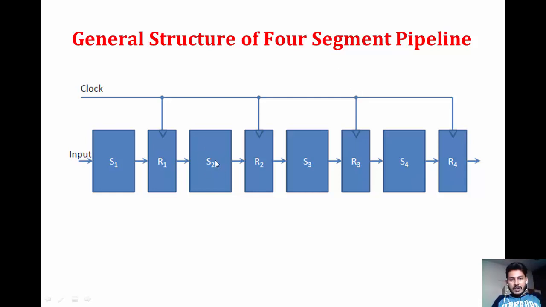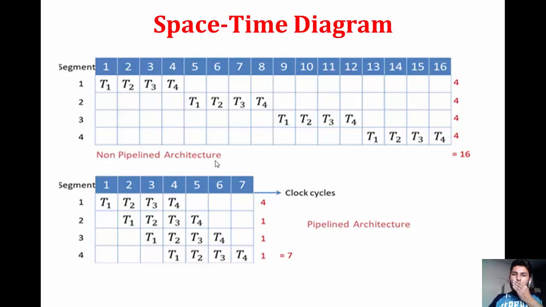So likewise, at the end of each segment there will be a register which will hold a temporary result of that segment, right? Each register is connected with clock pulses, so at every clock pulse registers will receive a new value. Okay, now let's discuss an example, a space-time diagram,